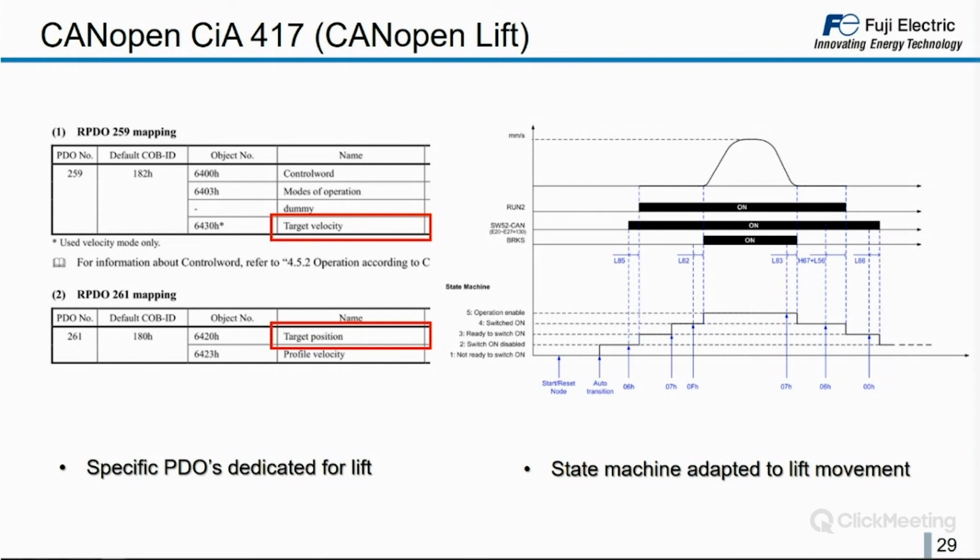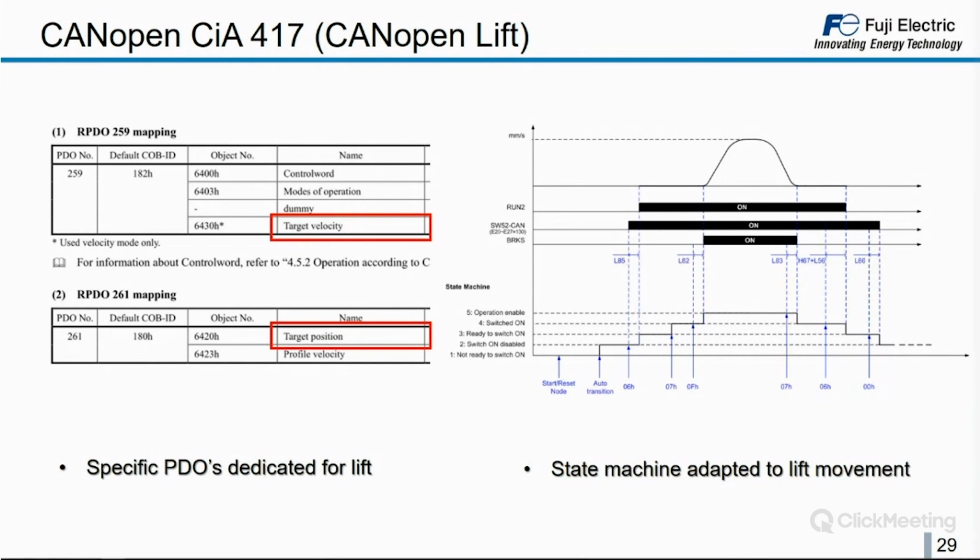Yeah, so as I have already introduced, under the CIA 417, we can do positioning. By positioning, we understand that the lift controller sends a target position into the inverter, and the inverter generates the speed profile to reach this target position. So you don't need to care about the acceleration, deceleration, magnets, and so on, because the inverter, by the command sent from the controller and by an absolute encoder, will position the lift in the target position.